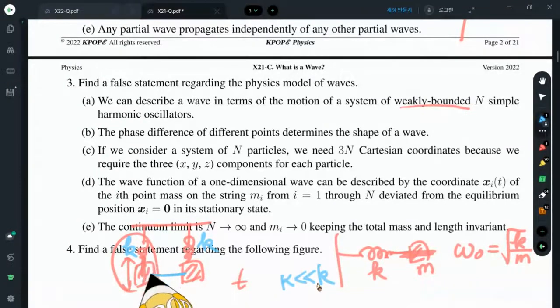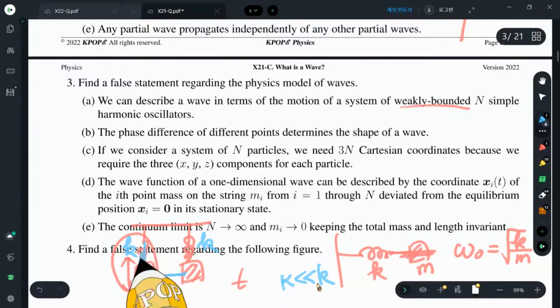Then, if we carry out an experiment, this oscillation, this motion, is transferred to the right oscillator,